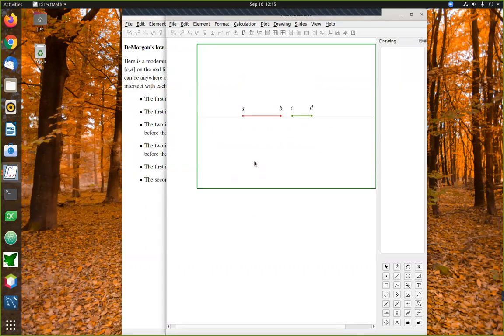This is a somewhat complex situation involving intervals on a number line. What's going on here is we're going to have 4 values, and these 4 values represent the endpoints of a couple of intervals, right? So let's imagine that we're writing a program, and in this program we have 4 variables, A, B, C, and D. Each one of these variables is a real number, and these variables basically represent a couple of intervals on the real number line, right? So the first interval runs from A to B, and the second interval runs from C to D.